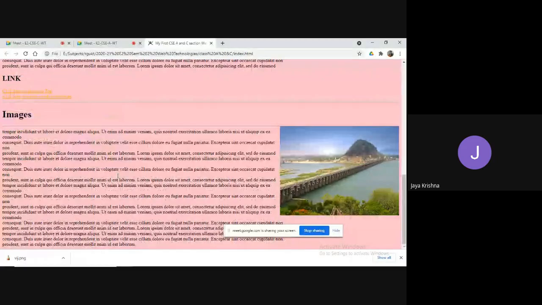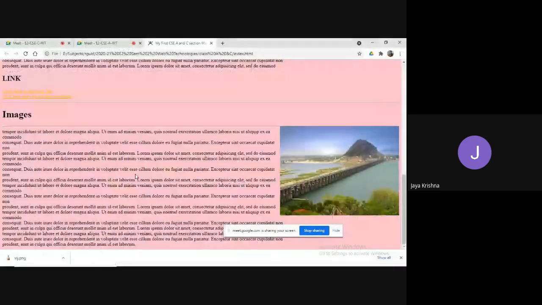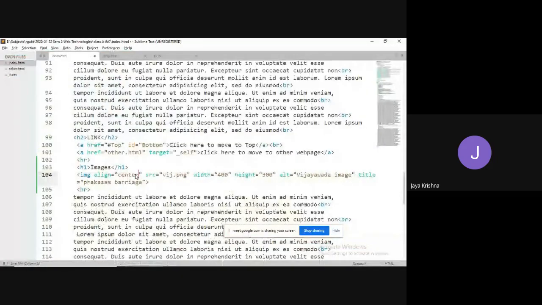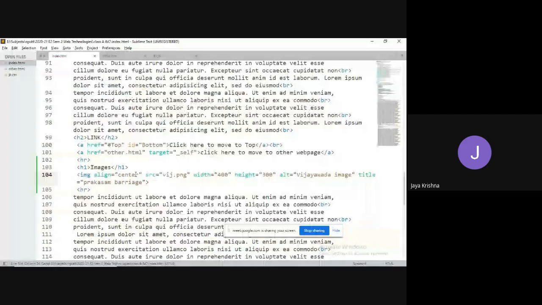It is aligned to the right. Why is it not aligned to the left? Center is not working here. Okay, if you'd like to align that image, that is my concept here. So with the help of CSS, you can do that.